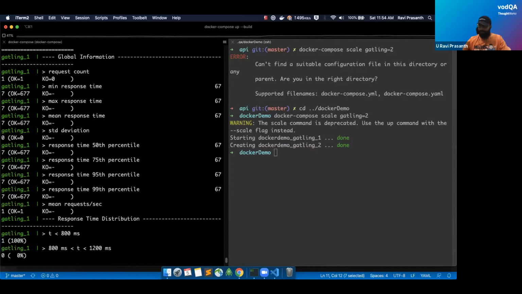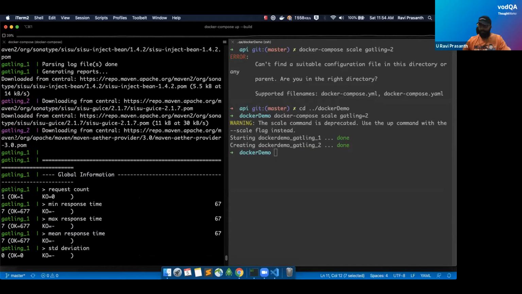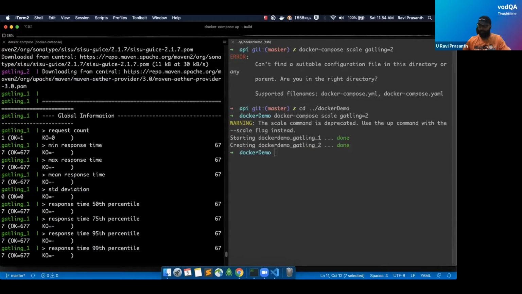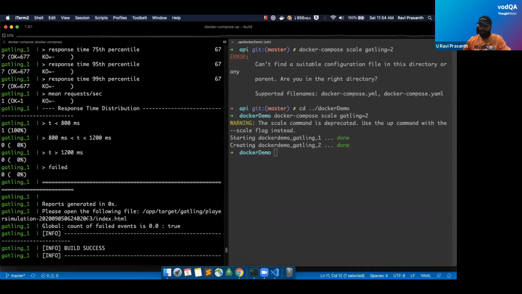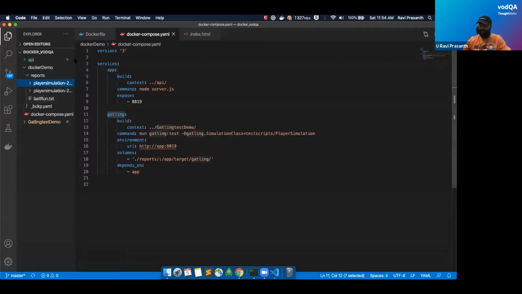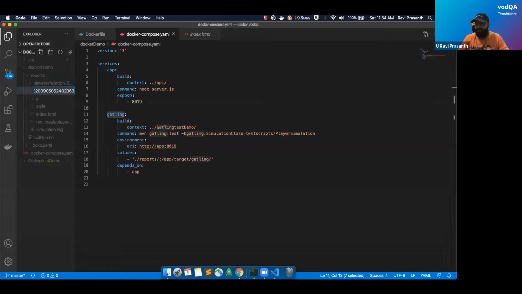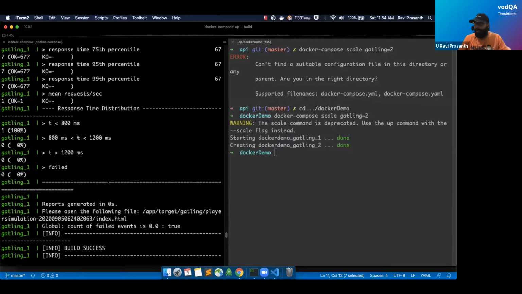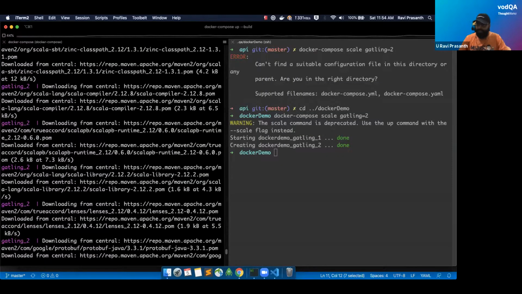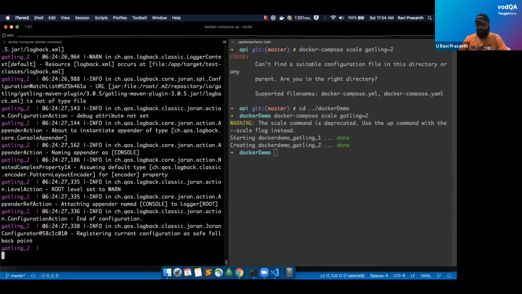You can see Gatling 1 is done. Gatling 1 has run and shown its result, and the file name of this report will end with 2063. So we can see we have 2 files here. How can I expand it? Oh, yeah. You can see this is 1 and this is my latest, 2063. So this report was also mounted here. In a similar fashion, Gatling 2 is about to be done, so I can show you this.